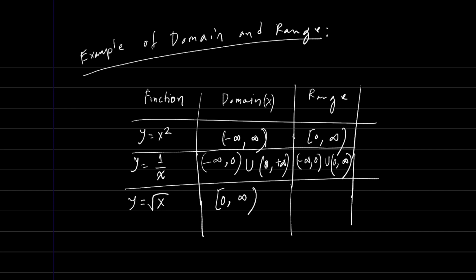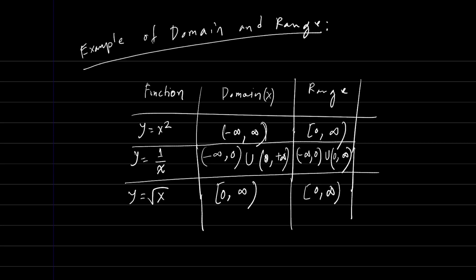So the domain would be from 0 to positive infinity, the allowable values of x, and for this input, the output should give 0 to similarly positive infinity. The range would be,